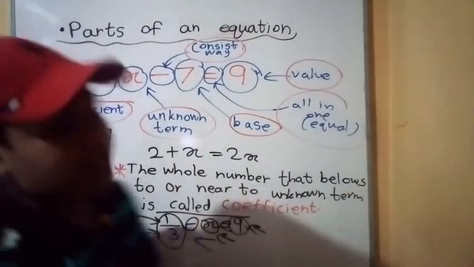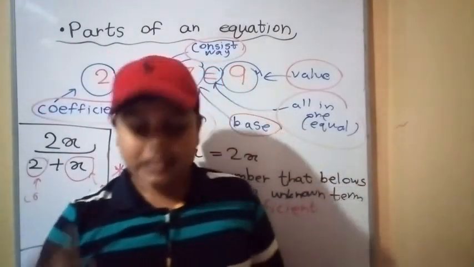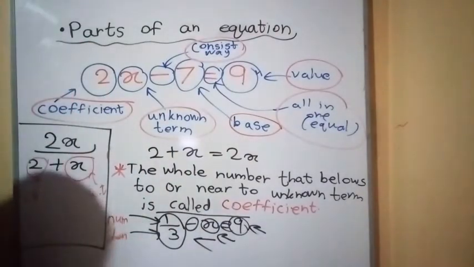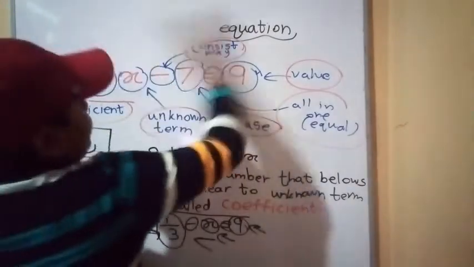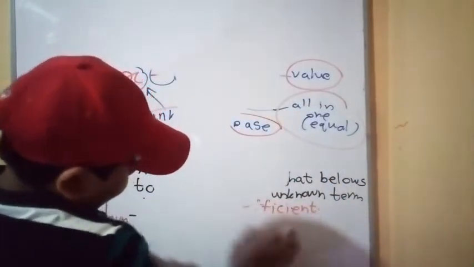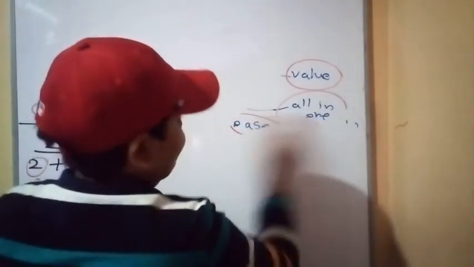Right? Now grade 7 guys, the main things about equations are finished for you. The parts of the equation are very important for you. You must write that. Alright, this equation lesson in grades 8, 9, 10 is very difficult. Grades 7 and 6 are very easy for equations. Okay.